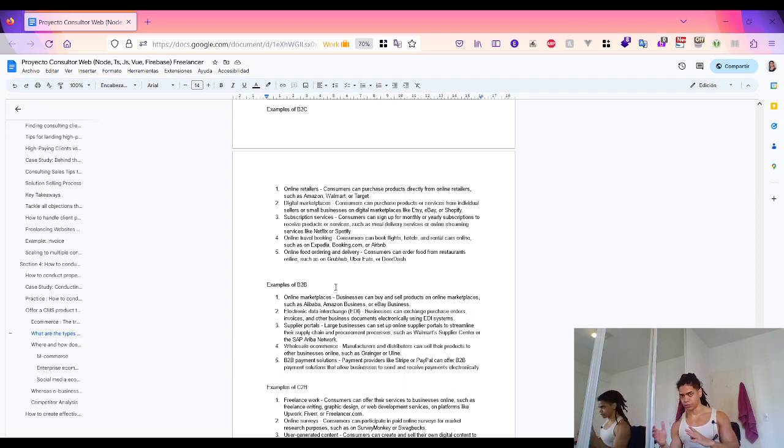Another business model is consumer to business, where consumers offer their services to businesses, like freelance work, graphic design, web development, and freelance writing on platforms like Upwork, Freelancer, and Fiverr. Then there are online surveys,